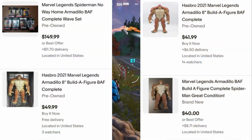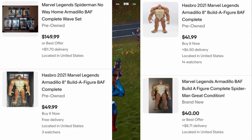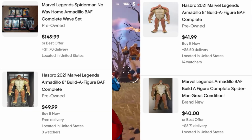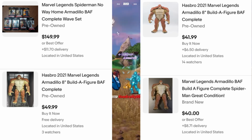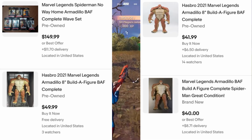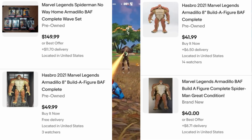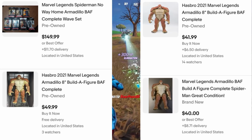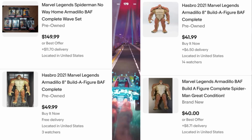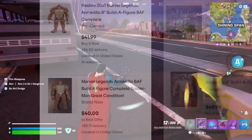Then we have the Armadillo Build-A-Figure, which was released way back in 2021. I continue saying way back, even though it's only been like 5 years ago. What's crazy about this one, I believe this one mostly had a bunch of Spider-Man villains, and some of the figures in the Build-A-Figure were based on the live action, I want to say Far From Home live action MCU film. So it was not really that sought after. If you're looking to purchase it at the moment of this recording, you're looking to pay about 50 to 60,